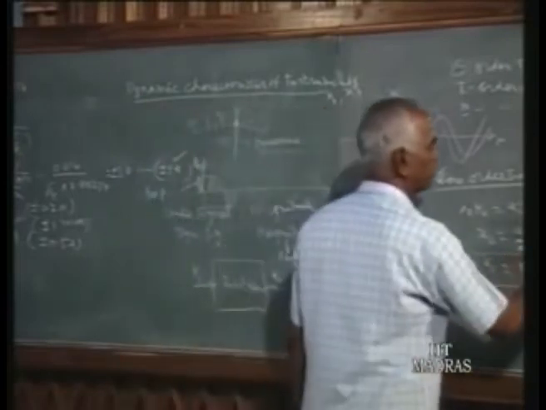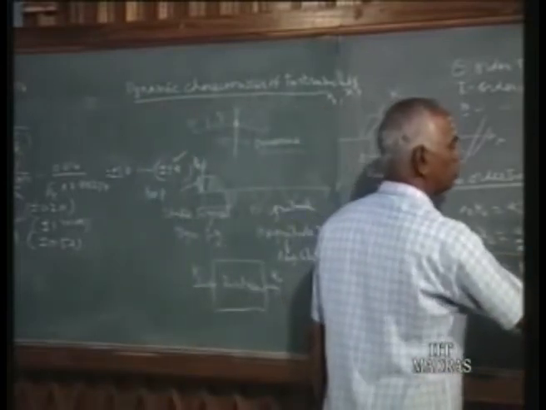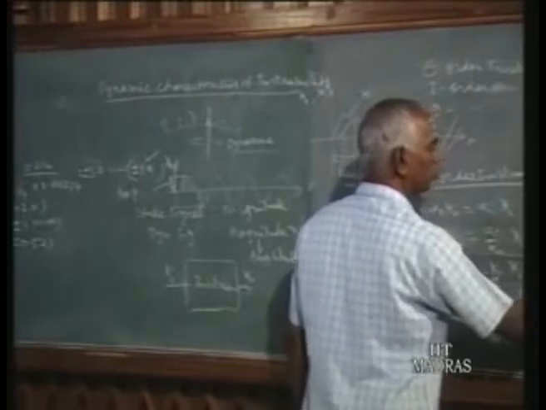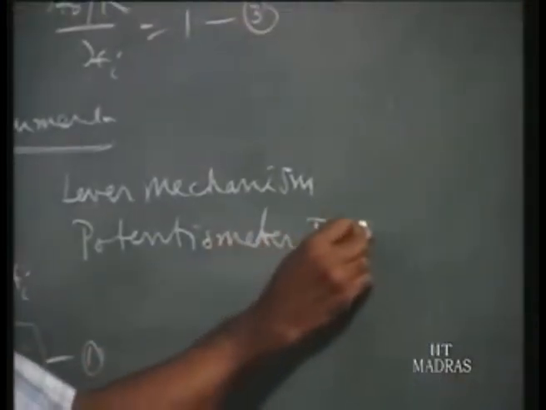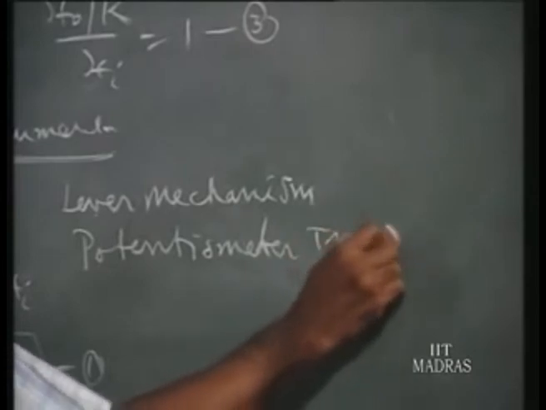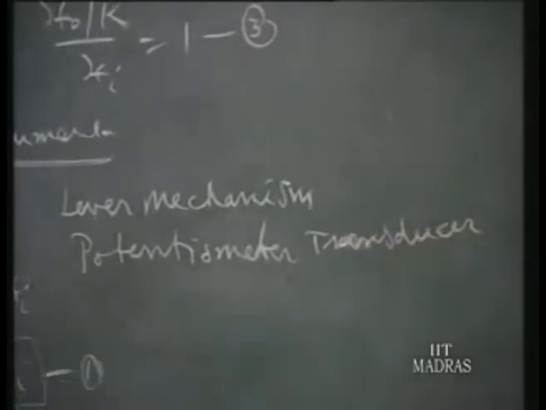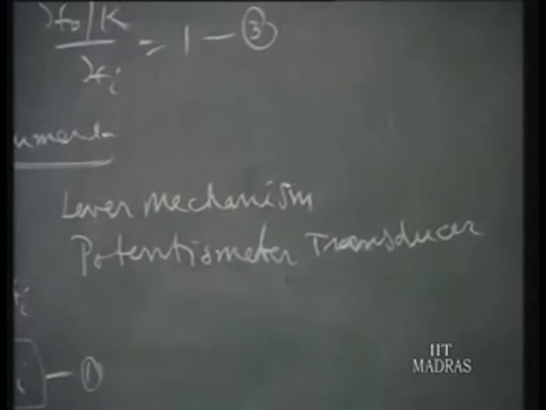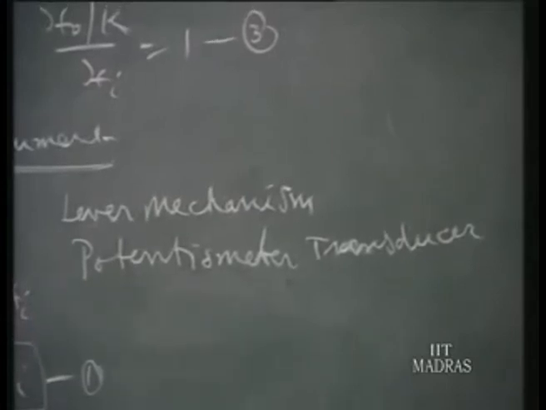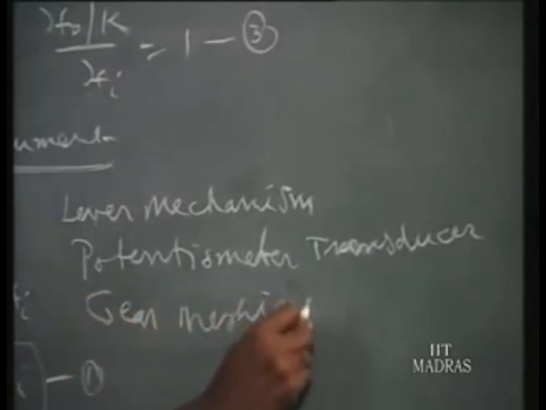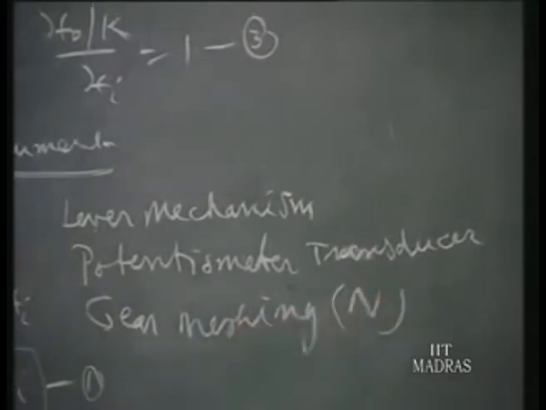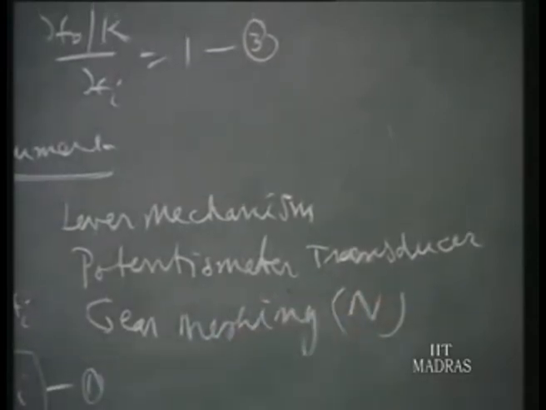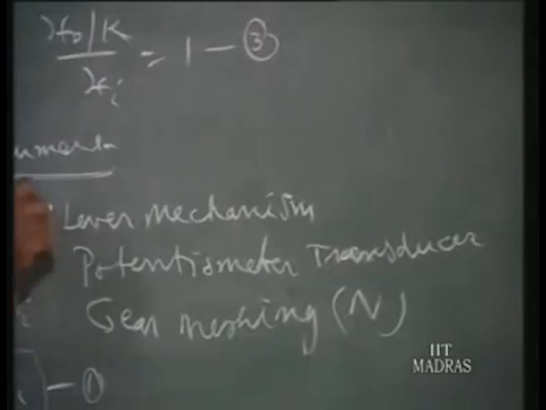Or a potentiometer transducer, where displacement is converted into a voltage. There also we find that the moment you move, the output voltage appears. Or a gear machine with a definite velocity ratio n. So the angular rotation theta appears as n times theta at the output shaft. So these are the three mechanisms